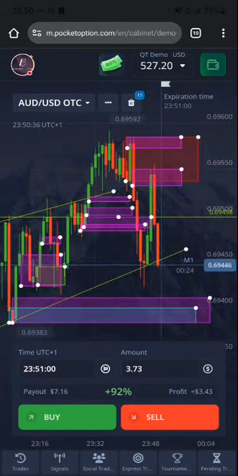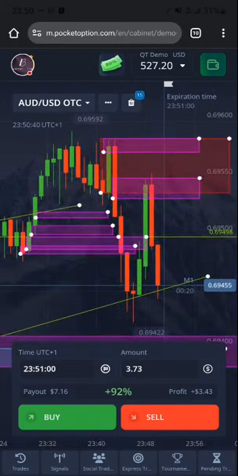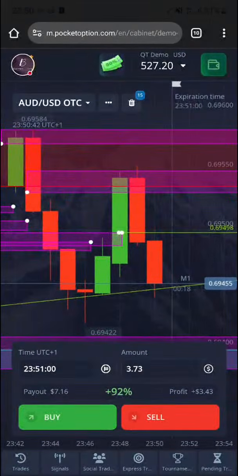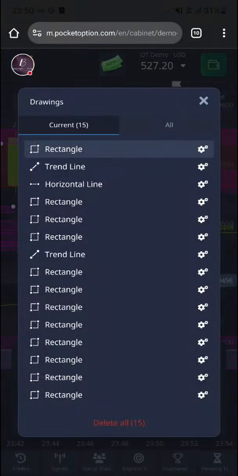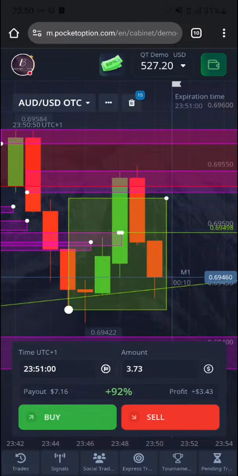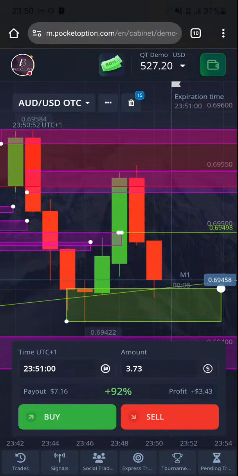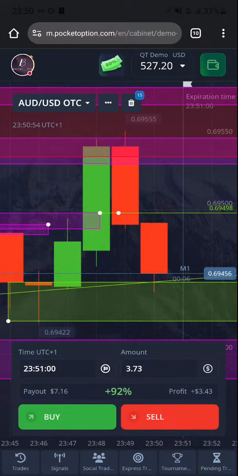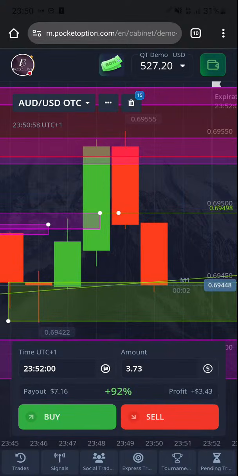So now, this buyer's entry has been used up. You understand? But this is another buyer's entry again. It may still work one more time. In fact, I think it's working already. Let me remove this and add one more, because there's another demand area down here. You can see that's why the buyers are rejecting from this area. So if we have a gap down here,